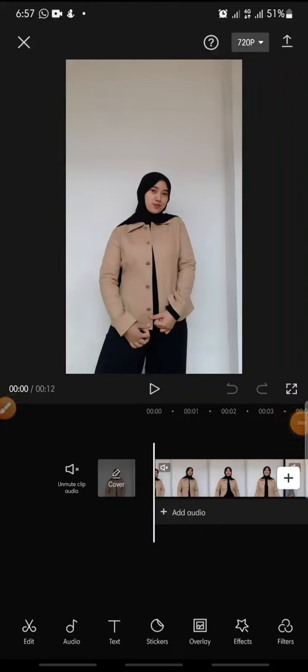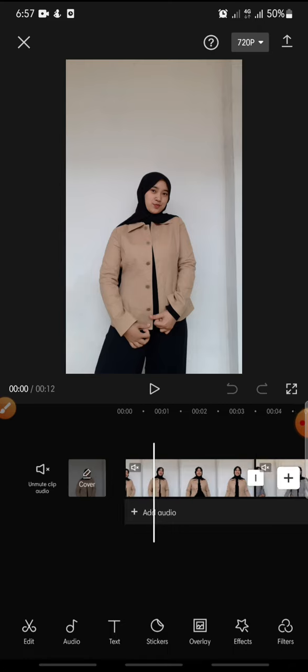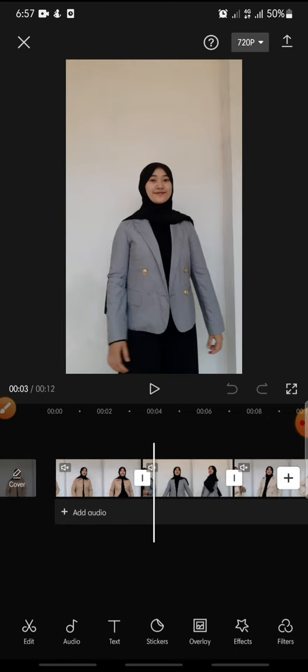In this video, I'm going to show you how to add hard transition effect on CapCut apps. Now let's get started. First, after you open your CapCut apps and add the video that you want to edit,